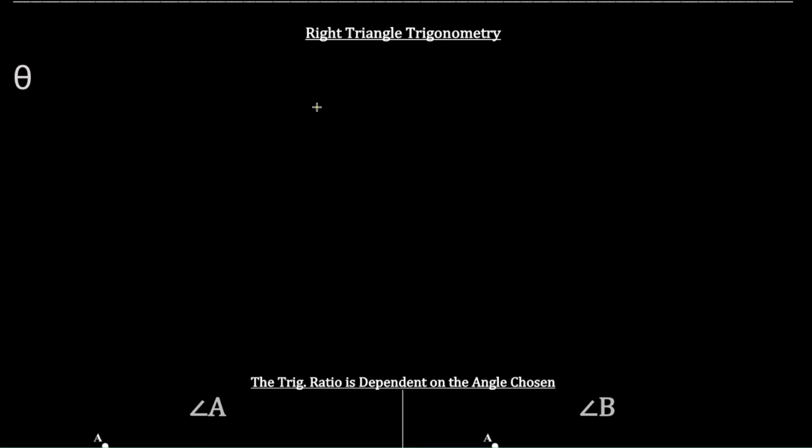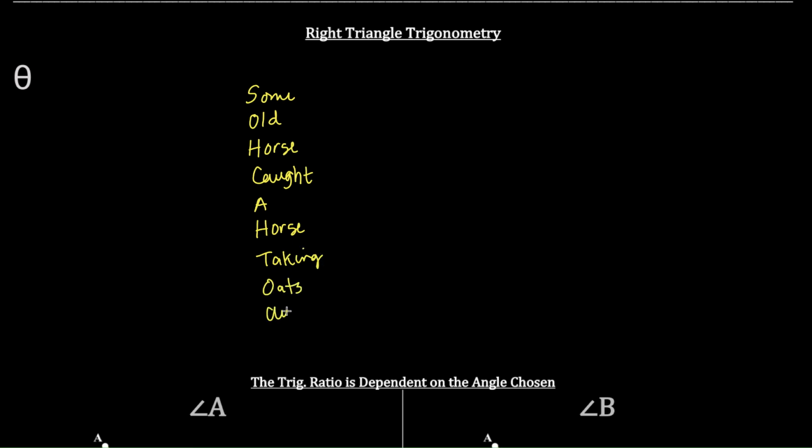I use the phrase "Some old horse caught a horse taking oats away." I'm going to write that. Some people just say SOHCAHTOA, but that means that sine is opposite over hypotenuse,